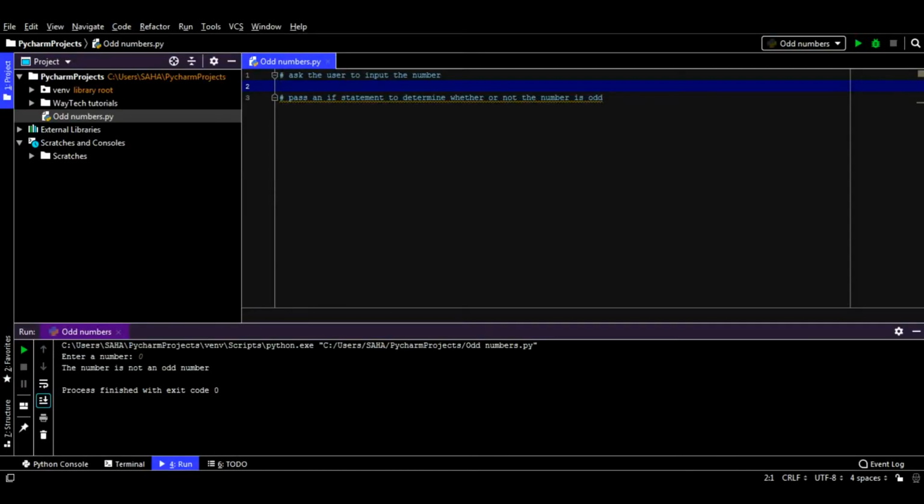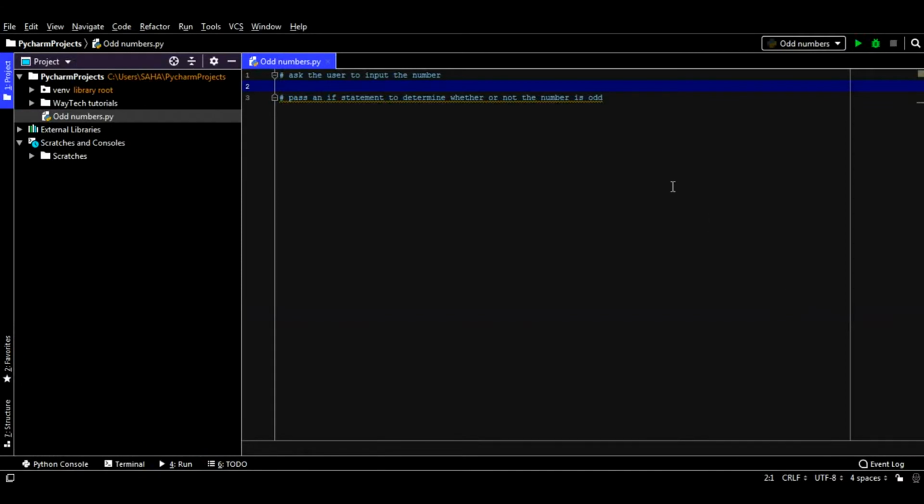Well, last week we learned how to write a simple program to determine whether or not a number is even. Now we're going to learn how to write a simple program to determine whether or not a number is odd today too. Odd numbers are directly opposite to even numbers, so